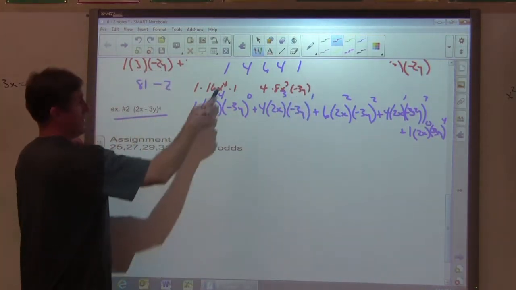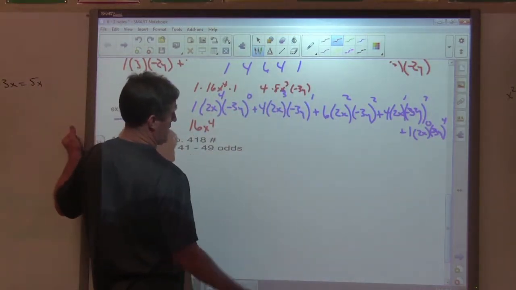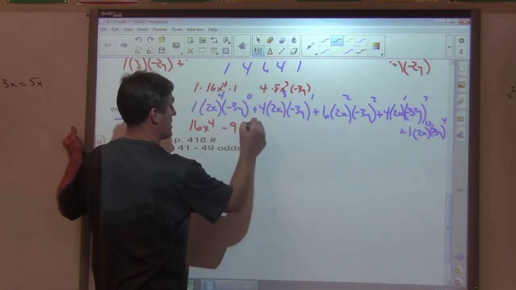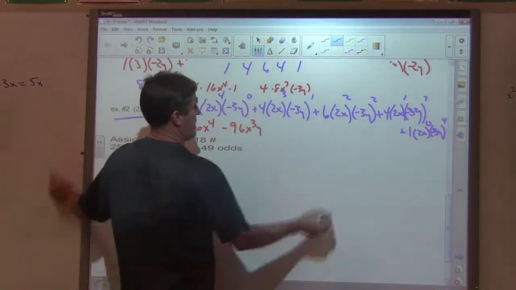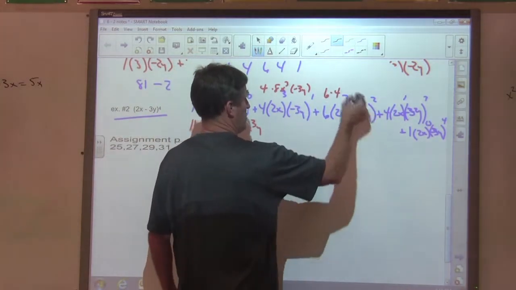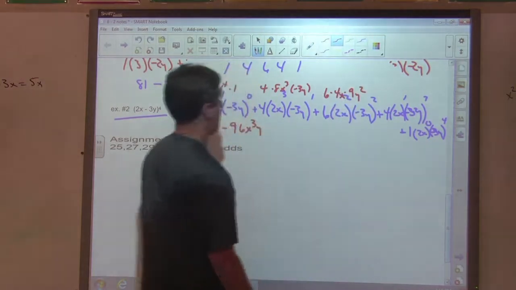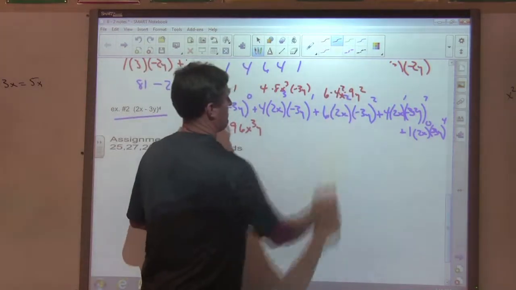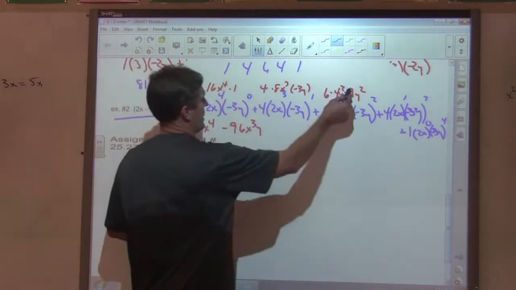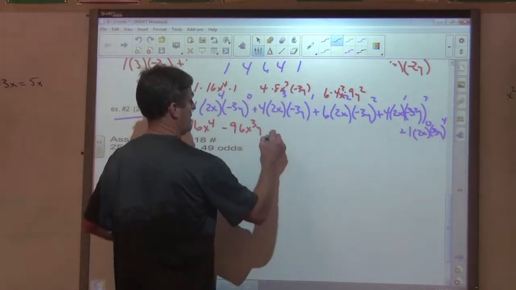So we get 4 times 8 times 3, which is 96, and we have one negative, so it's negative 96x cubed y. And then we have 6 times 4, 3 squared is 9, and that's x squared. And so we have 24 times 9, 240 minus 24, 216